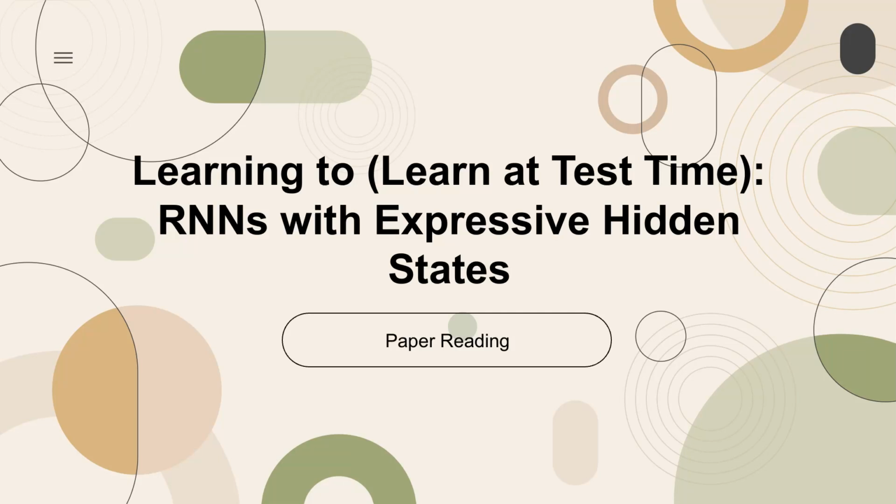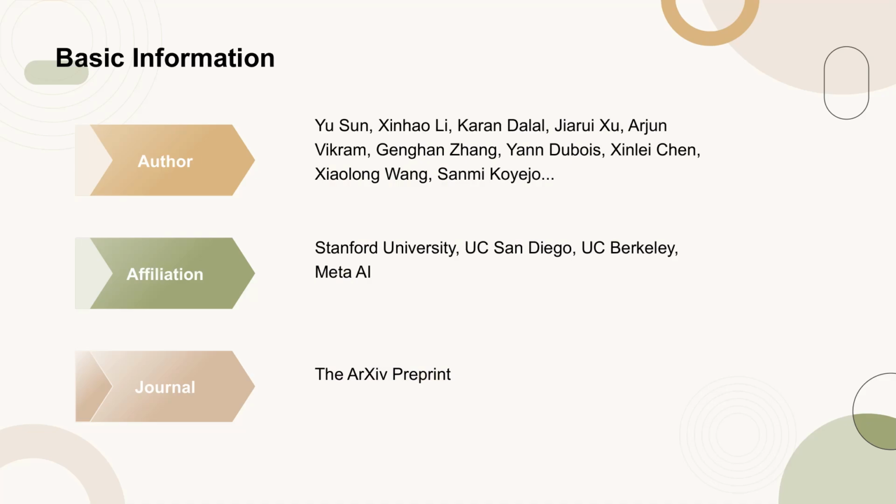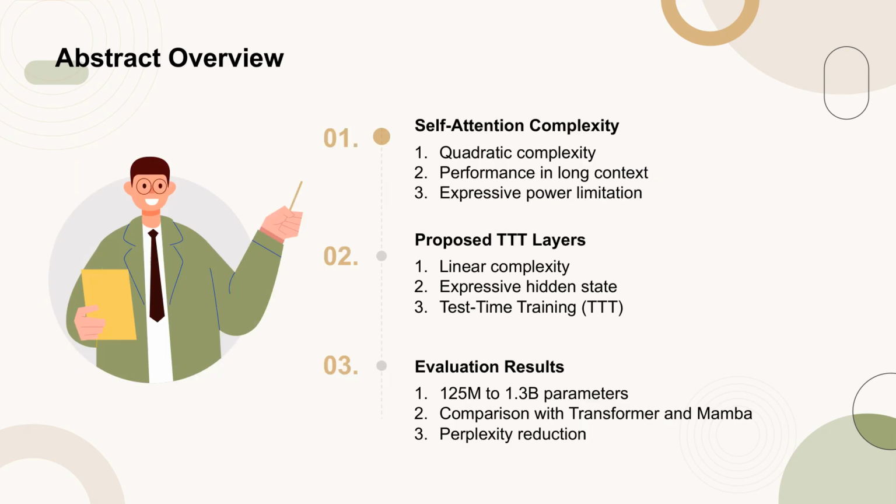Today's paper is titled, Learning to Learn at Test Time: RNNs with Expressive Hidden States. This paper was published on the arXiv preprint server by Sun and colleagues from Stanford University, UC San Diego, UC Berkeley, and Meta AI. The abstract highlights the challenges with self-attention mechanisms, which, while effective in long contexts, suffer from quadratic